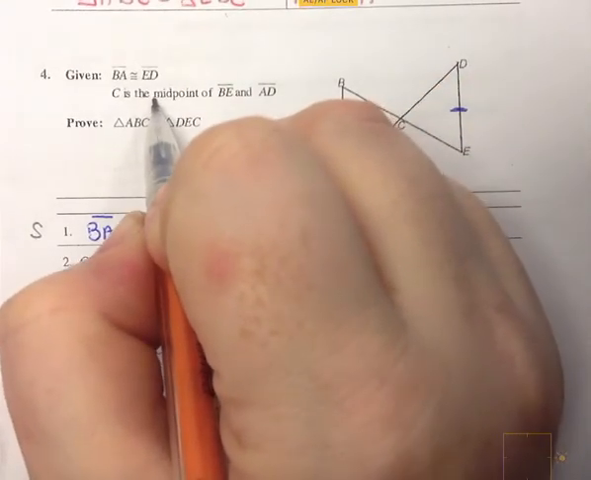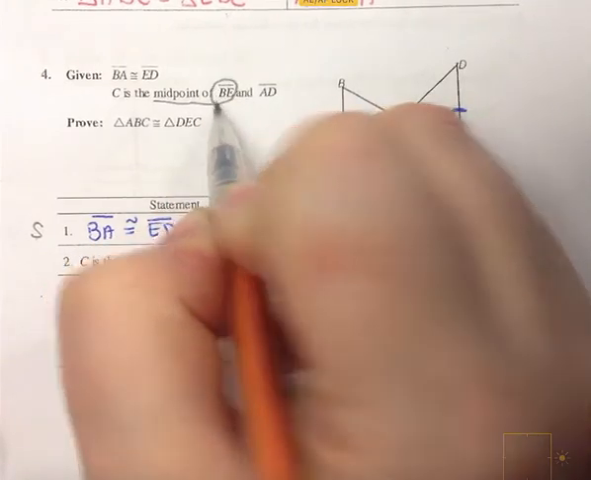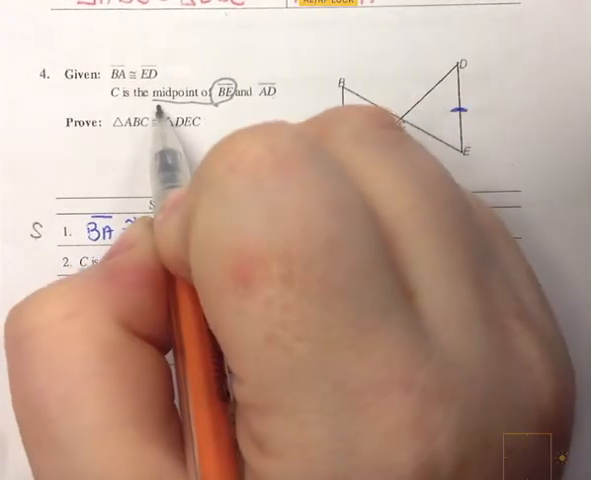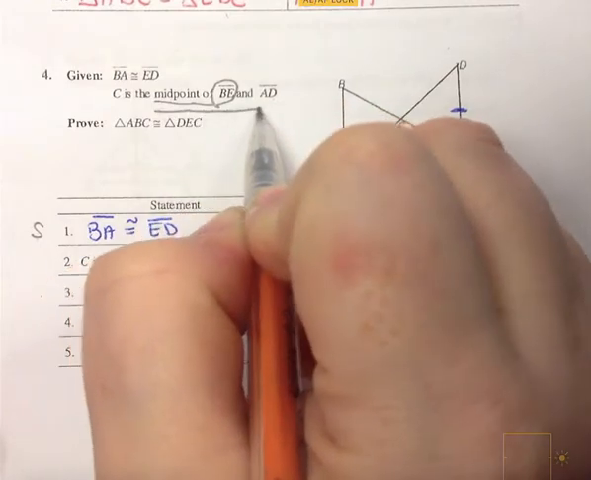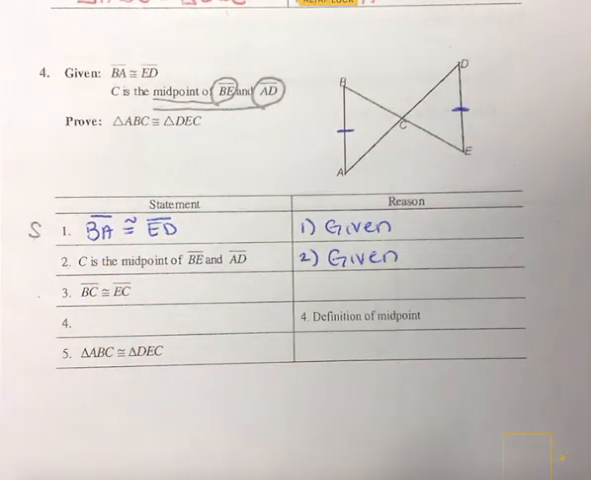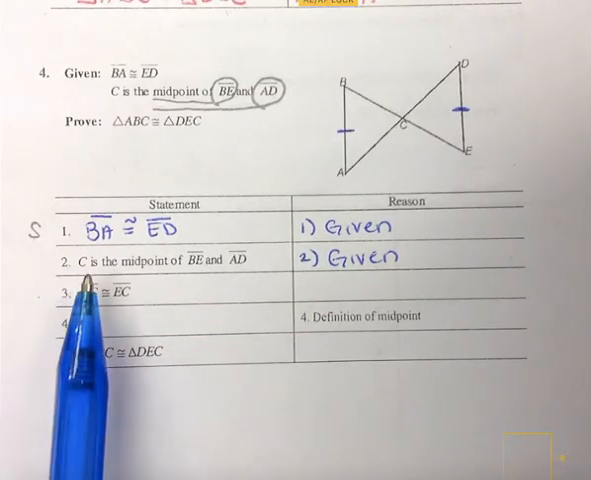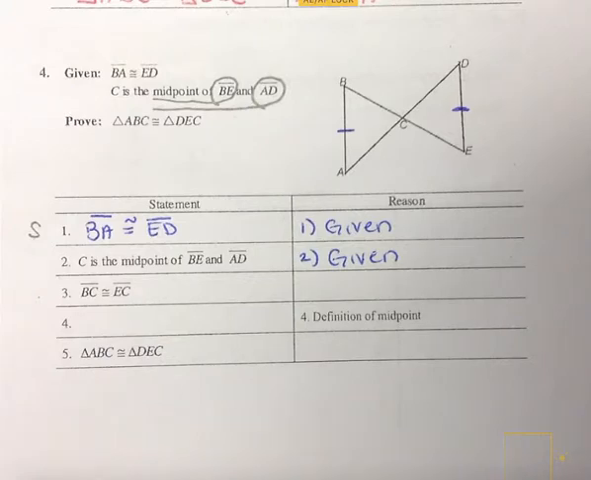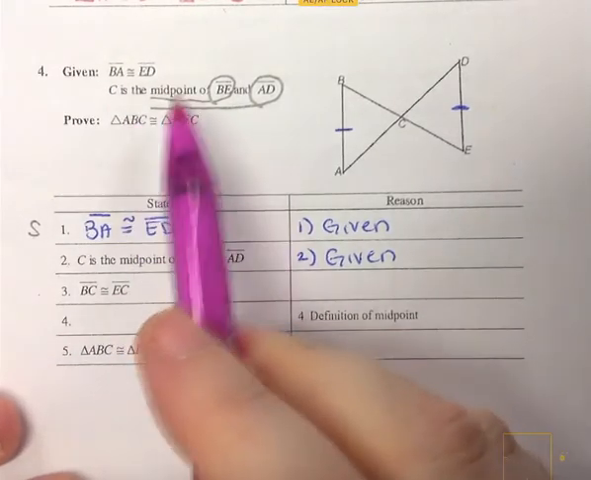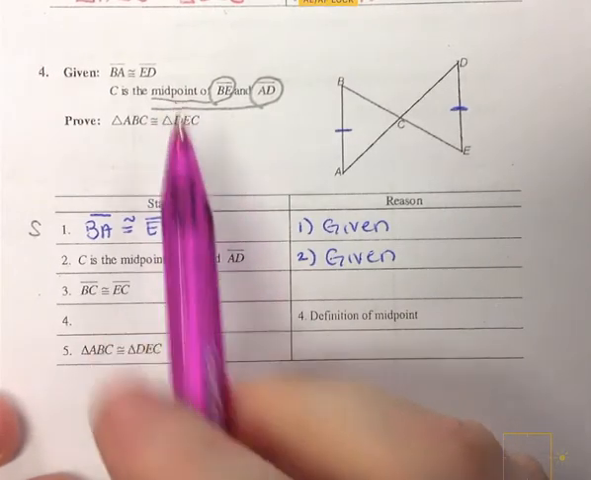I see the word midpoint. I'm going to underline that word midpoint and circle BE. But I also have AD, so I'm going to underline midpoint again and circle AD. So I have to focus on both of those. And then we have the information down here. Statement 3 is given to us in our proof already, so we need to use it. We're most likely going to be using this word midpoint